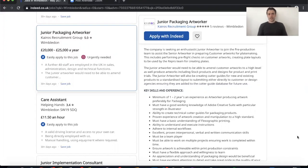So first thing I'd say is today, with today's technology, the likes of Indeed, Reed, loads of different other job sites, it's so easy to apply for a role now. You literally click and the CV's gone. That's great. But there seems to be a tendency to blanket send your CV and just apply for every single role that's on there. Don't do that. Remember, going back to that brand, do you want to be seen as that person that just sends out everything, or do you want to be seen as the person that